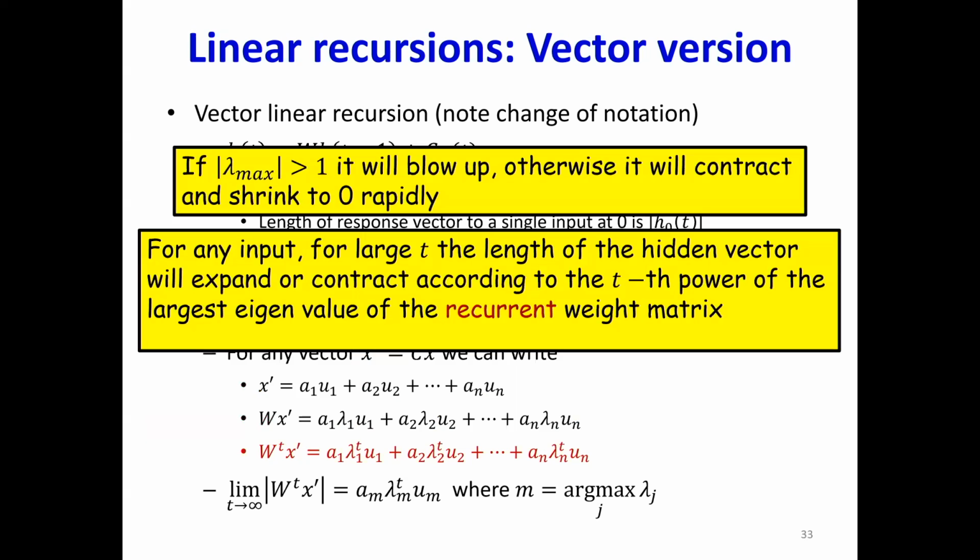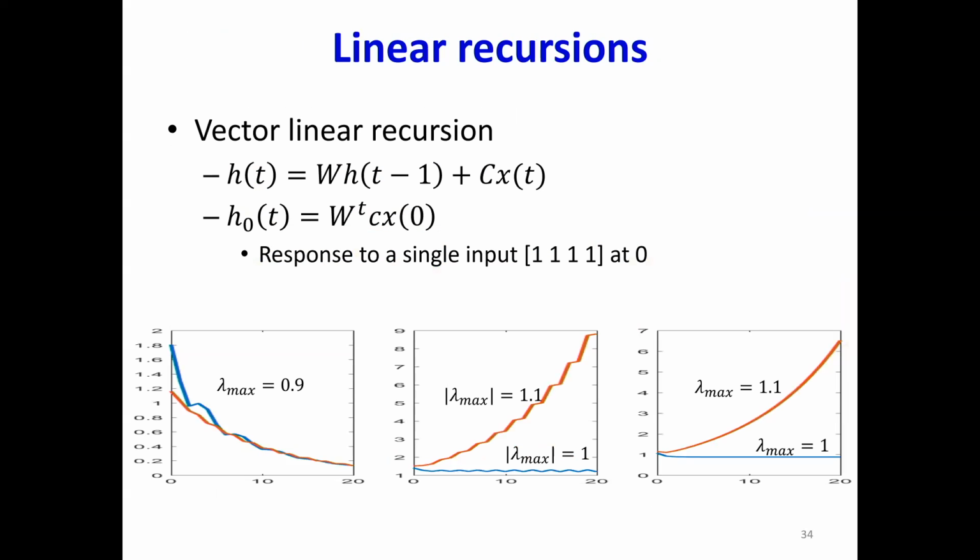And if this largest eigenvalue is greater than 1, what's going to happen to your hidden representation? Is it going to blow up? Is it going to stay flat? Is it going to die? Greater than 1, it will blow up. If the largest eigenvalue is less than 1, it's going to collapse to 0, right? And so this is the kind of behavior you have. I'm showing you in the figure to the right what happens when lambda max is 1.1. It just blows up. For lambda max of 1, it stays flat. To the left, I have two figures. There's a little bit of wiggling. Why is that?